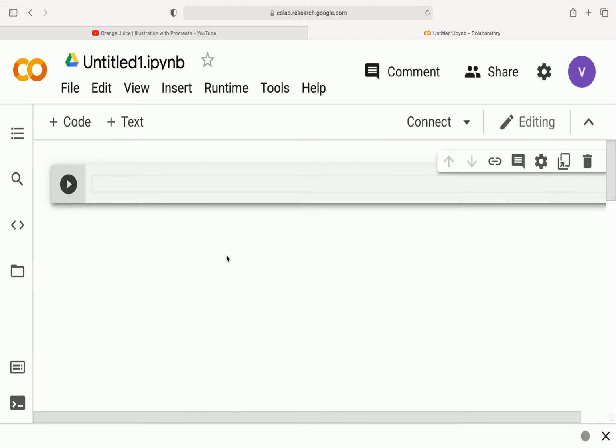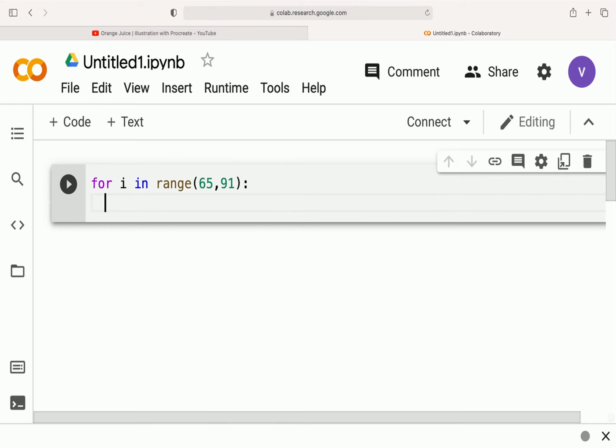So basically it is asking me for characters from 65 to 90. So I will use a for loop, for I in range 65 to 91, and for every value of I I have to convert it.